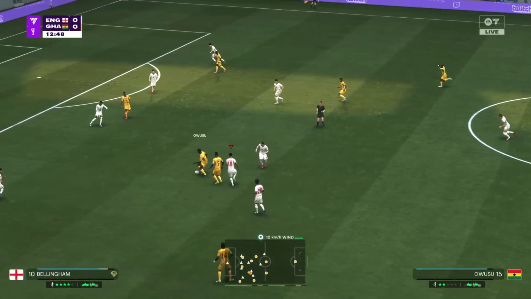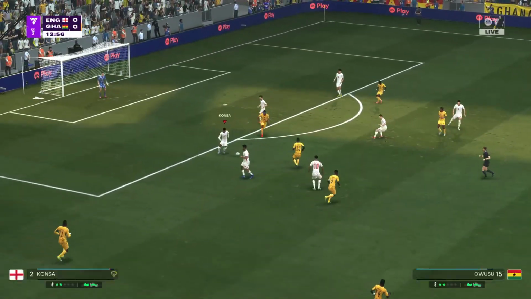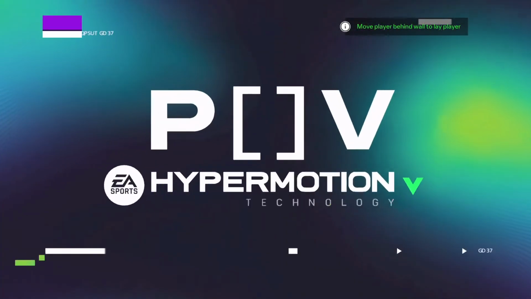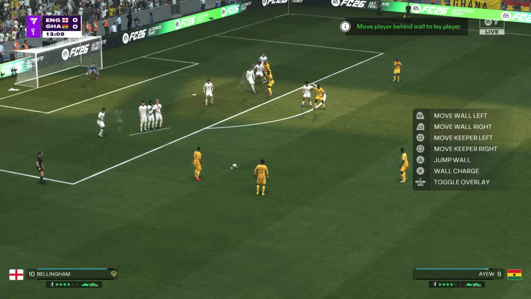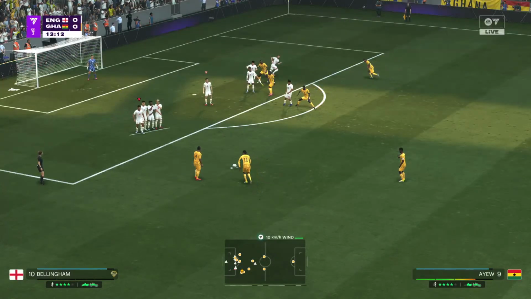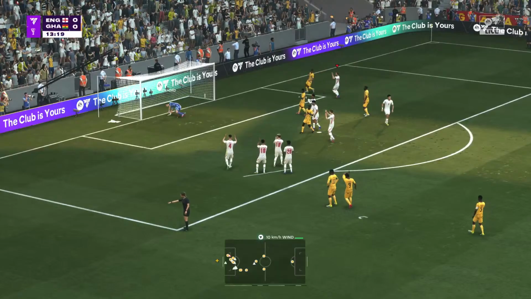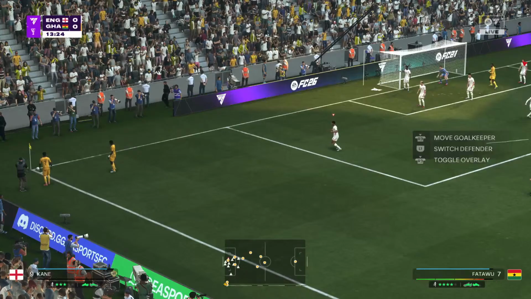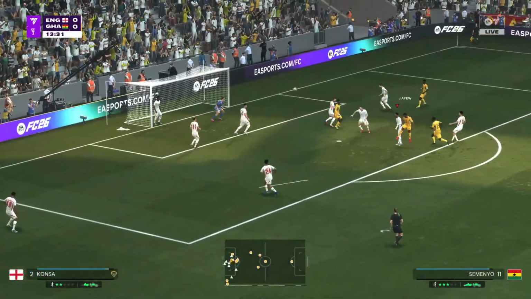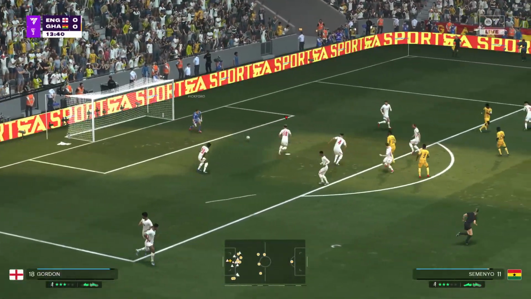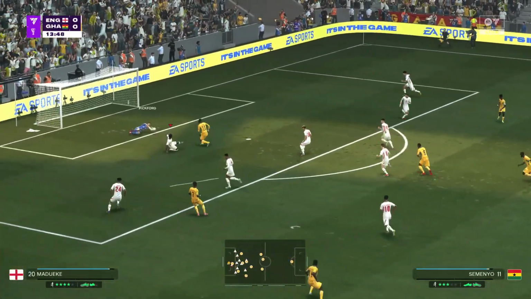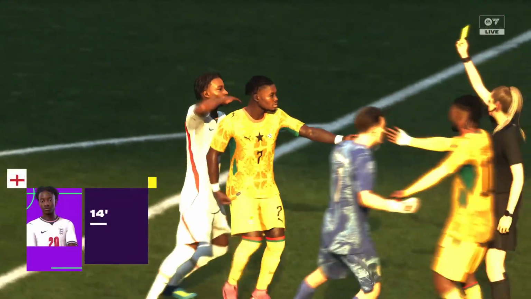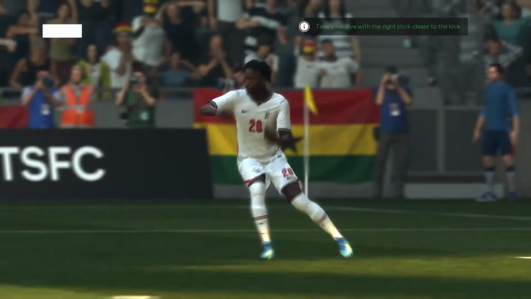Owusu. And a pretty ordinary challenge. Free kick, it had to be. The corner played into the box. Good hands there from the keeper. Can he put them in front? And how about... Oh, it's been given as a penalty. Well, it had to be a penalty, and a booking part of the story as well.